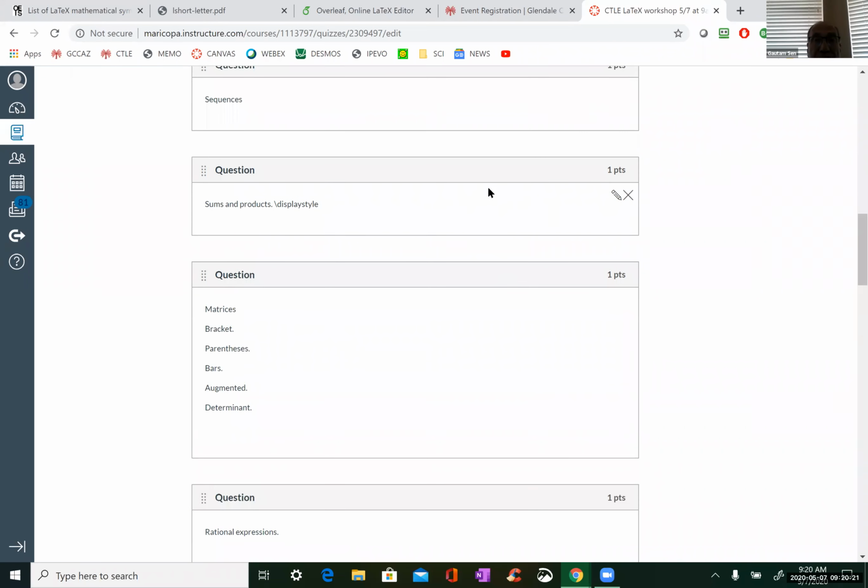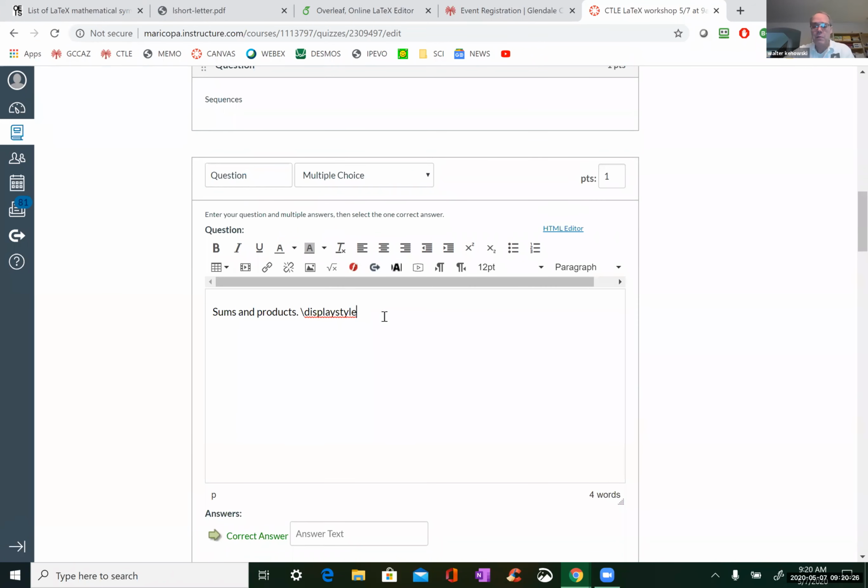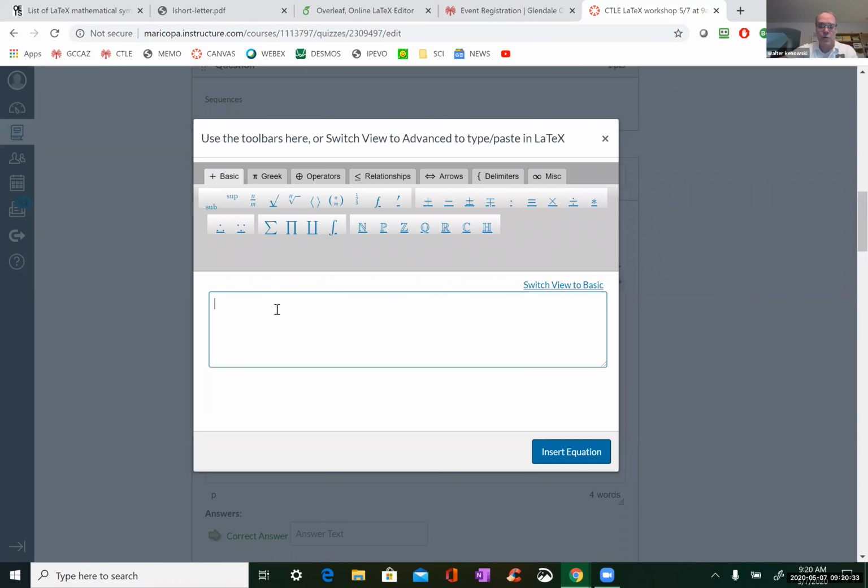All right, sums and products. Now we just did something like that. I kind of jumped the gun. But now, like I say, if you want to do a sum, a sigma, backslash sum gives you the summation. If you want your subscript, you put underscore curly braces, and then you say something like k equals 1. That's your lower limit. A superscript would be like a power. K equals 1 to n.